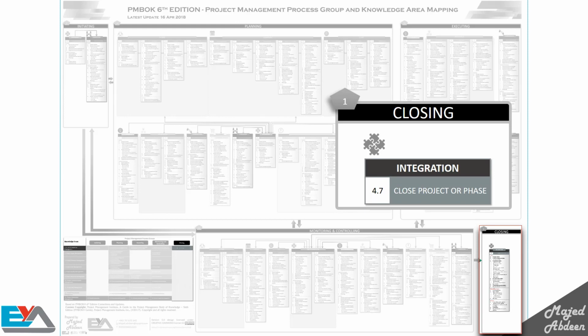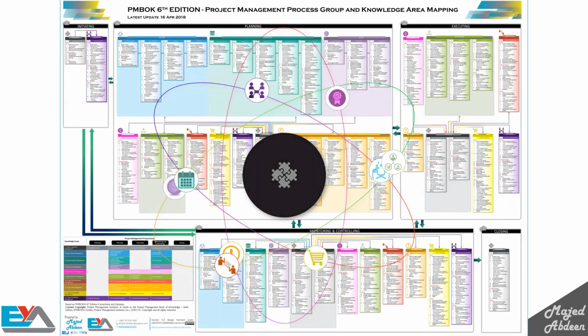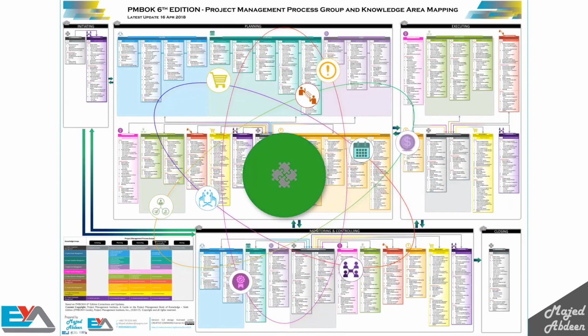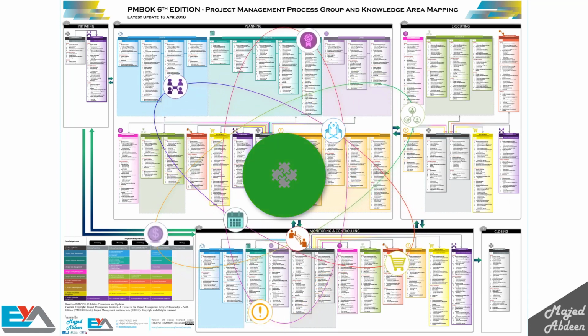You get the final acceptance from the customer, then you can release the team and the resources you used in the project so they can work in a different project. Then you provide the final report about the project and archive it for future projects. The close project or phase process is part of the integration knowledge area. This is the process of analyzing all the activities you did before. So, you are integrating the project from the start throughout the life cycle until closing.